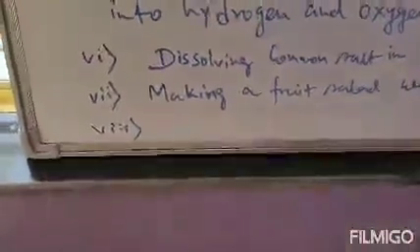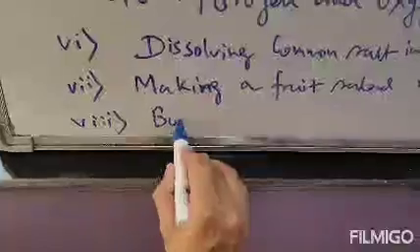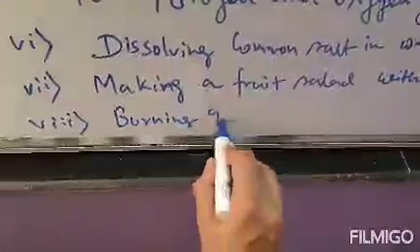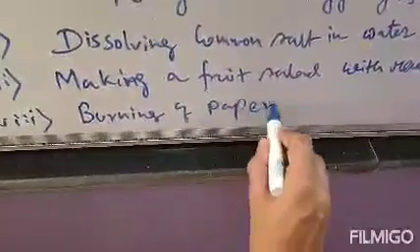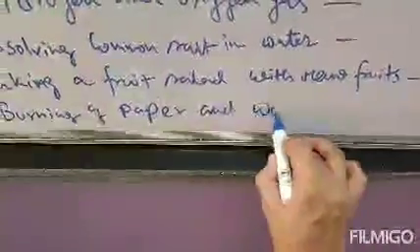paper and wood. Clear? So we have to classify all these changes as physical change or chemical change. Now you know what is physical change and what is chemical change. So I will not go into details. In the previous lessons, all those 3 lessons that were posted, I have already told you what is physical change and what is chemical change. So I will just classify these changes as physical change or chemical changes.